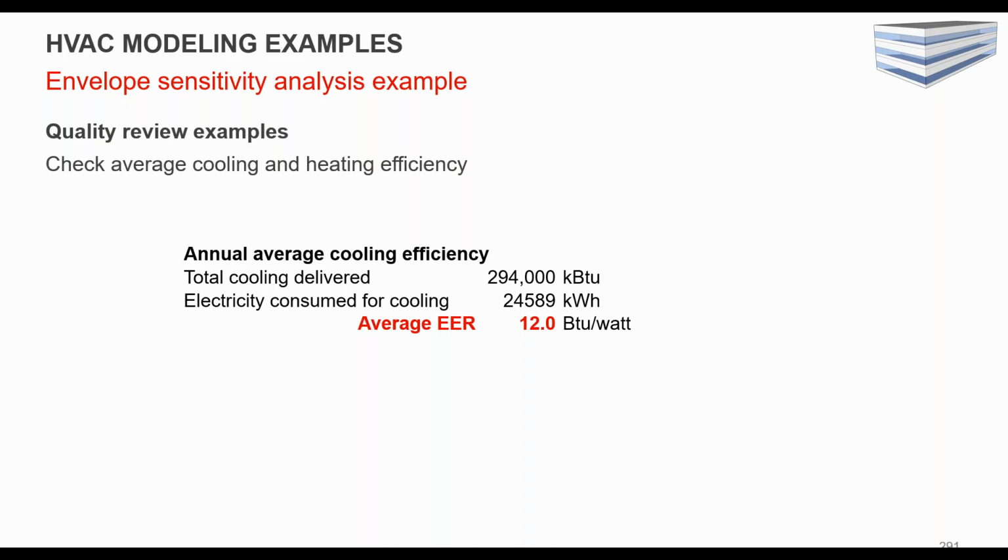So if you know that it was an 11 EER system, you might go look and sum up the total cooling that has been delivered, and divide that by the electric energy of your compressor to see where you actually got in terms of an efficiency of your total cooling system. So again, you're going to be operating a lot of hours that are not at that design condition of 95, right? So you expect, if you were to do this check, that your EER would be a little bit higher than the rated condition at 95.